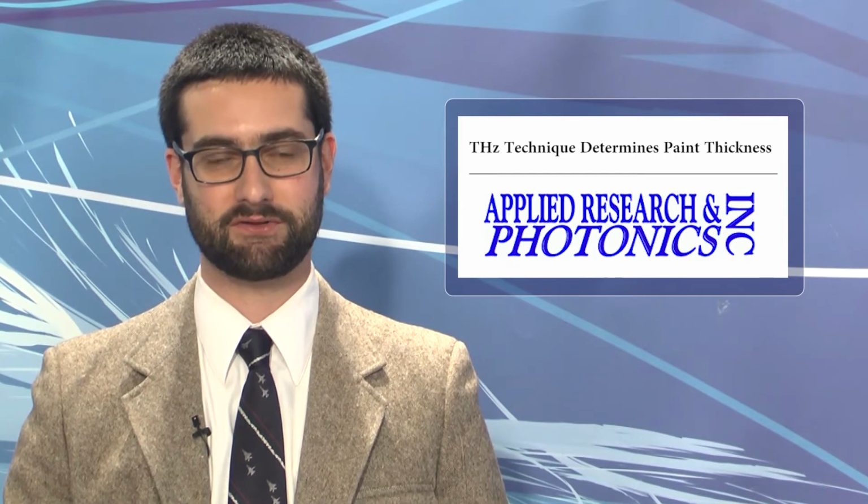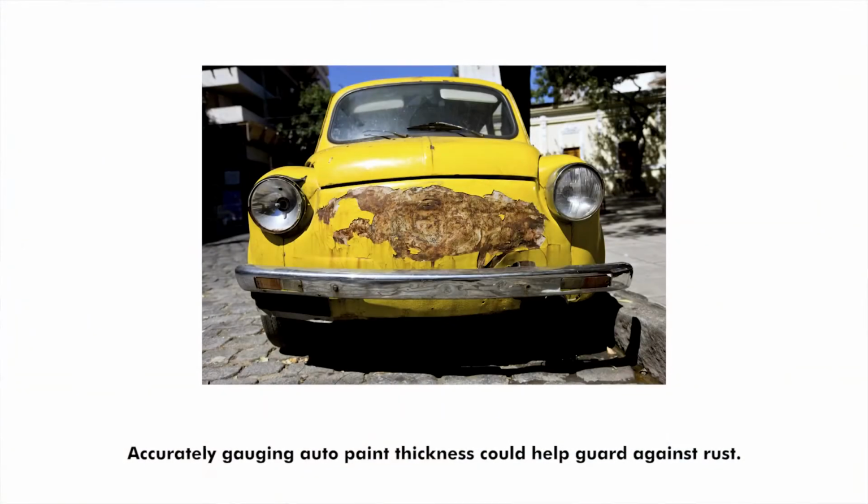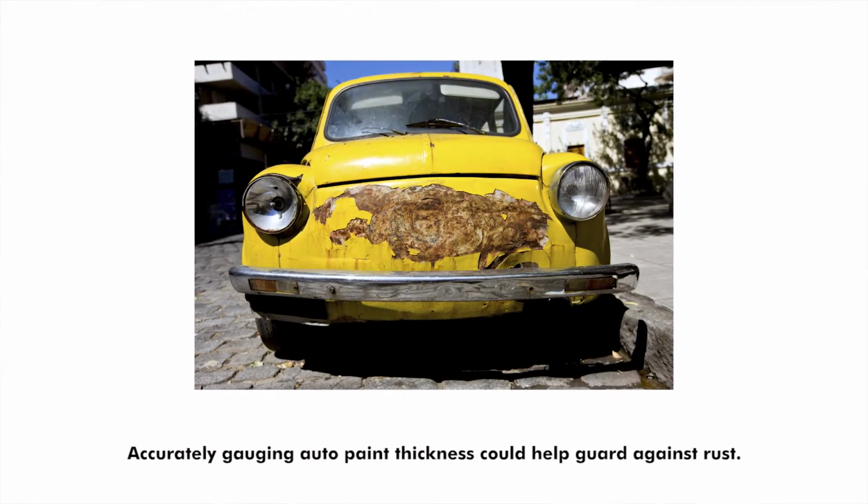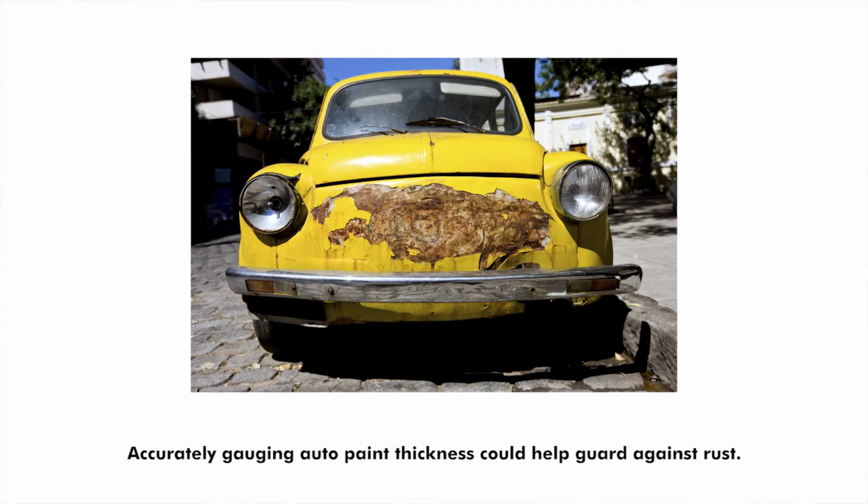A new method for characterizing coats of paint can help prevent rust and may have health and safety applications as well. Applied Research and Photonics Inc. has developed a way to harmlessly penetrate paint layers using terahertz reflectometry. With this technique, a beam of terahertz frequency radiation is fired into the paint to measure its thickness and the